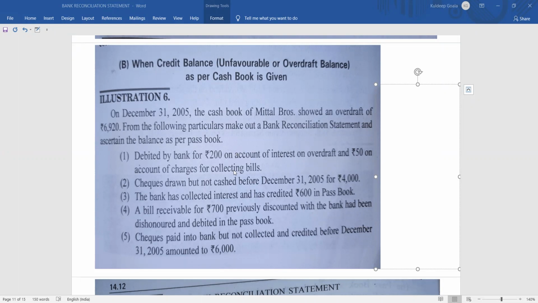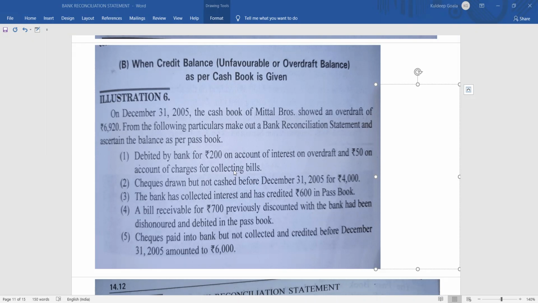It is nothing so different and difficult. The only thing is that your balance in the bank is minus. You don't need to worry, because it is just an imaginary sum and situation, so your bank negative balance will not hamper you. The only thing is that if it is negative, you will put it in minus. As we have seen in the bank statement format, there is a plus item and a minus item. If it is a bank overdraft or negative balance or unfavorable balance, it will go on the minus side. Nothing else than that.